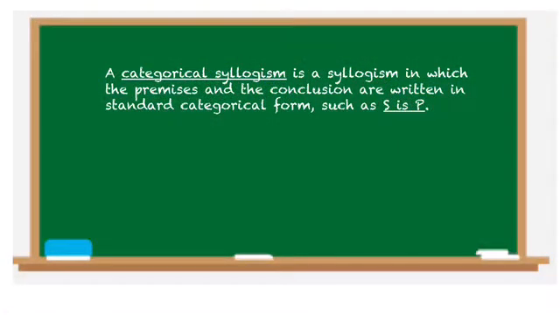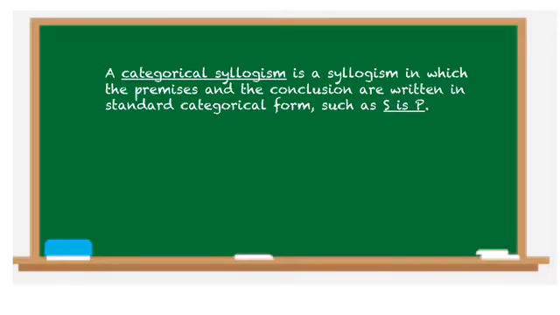But a conclusion is, how can we put this? It is what the speaker is trying to persuade the audience to either do or to think. Right? That's the conclusion, what we're trying to persuade the audience to do or to think. Now we have this phrase categorical syllogism, and that's what we're really going to be focusing on. A categorical syllogism is a syllogism in which the premises and the conclusion are written in standard categorical form, such